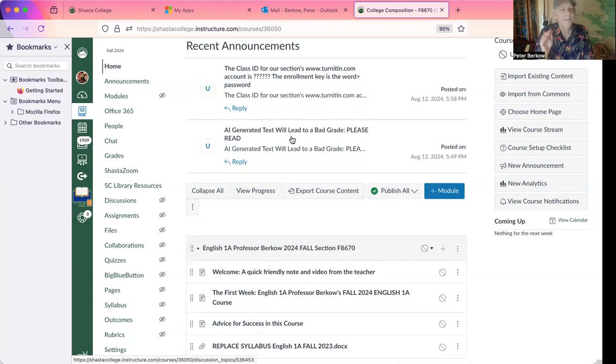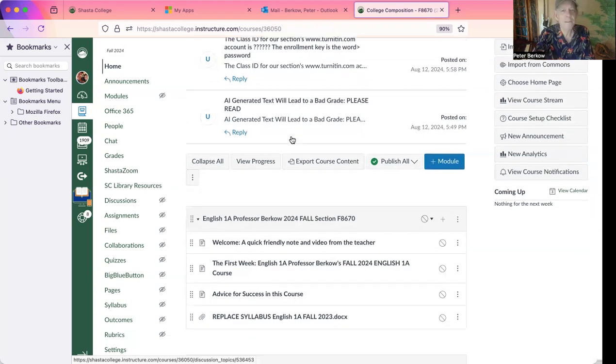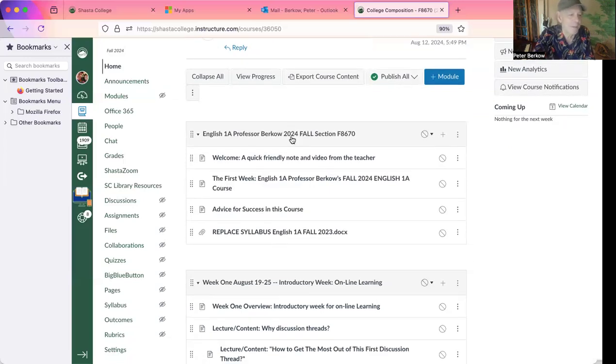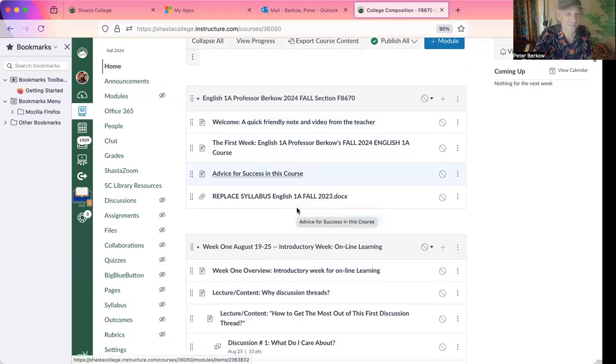So not just for me, but for teachers beyond me, I'm trying to get my students out of the habit of using AI. It doesn't really help you learn how to be a writer. You really need to learn how to come up with ideas in your own writer's voice. And I'll have other announcements like that up here, but let's get into some positive things instead of focusing on